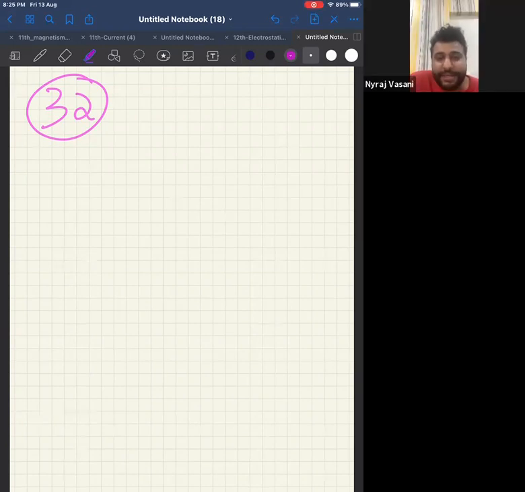32, capacitors are not in series. You know why? Because between each and every capacitor, there is a node. Check. Between each and every capacitor, there is a node and a wire, correct? Because of that, they are not in series. Now, tell me, if they are not in series, they'll be in parallel. If there was no node in between the capacitors, then I could say that they are in series. But in this case, they are not in series. Then which is the only other option left with us? If they are not in series, they have to be in parallel.